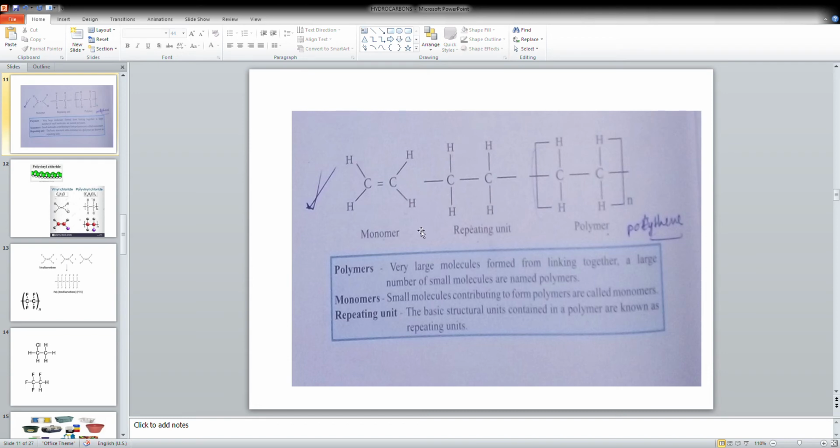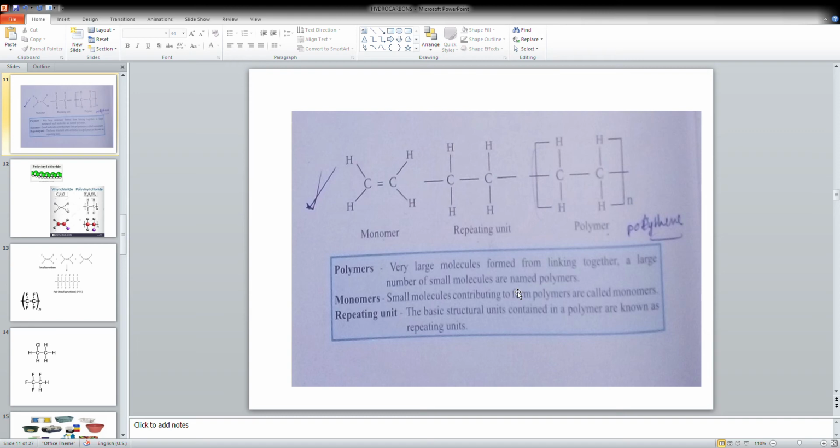So in the paper, if they ask you to draw the monomer, you draw this kind of one. If they ask for the repeating unit, you have to draw it with these three bonds. In the monomer, this structure is repeating, and for the polymer, you definitely put the bracket and write the n here. n means any number, right? Here the definitions are given. Polymers: very large molecules formed by linking together a large number of molecules. Monomers: simpler structures. Repeating unit: the basic repeating structural unit, right? Likewise, these are the definitions for these three terms.